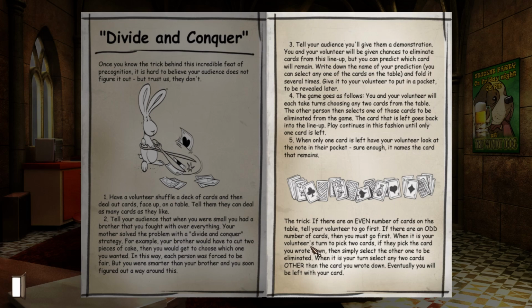When it is your volunteer's turn to pick 2 cards, if they pick the card you wrote down, then simply select the one to be eliminated. When it is your turn, select any 2 cards other than the card you wrote down. Eventually, you will be left with your card. Okay, so the